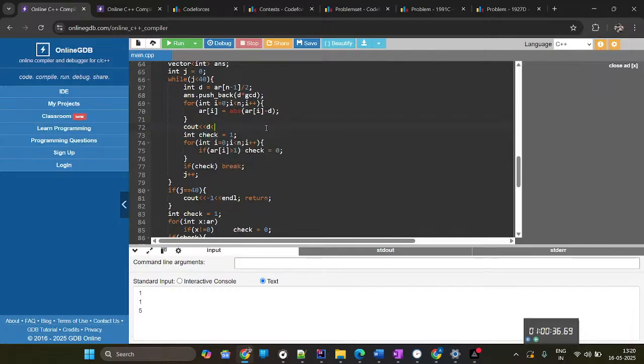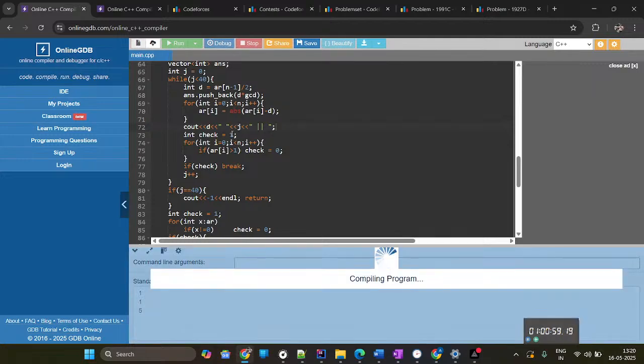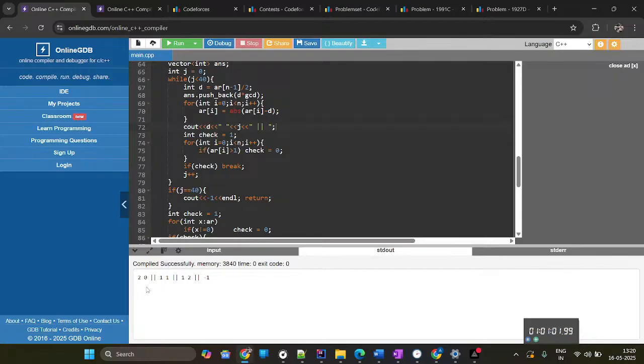Let's print cout t and cout j, and then we do, let's do this. 2 0. That is correct. What is 0? 0 is 0. 1 1. That is correct. And then comes, okay,